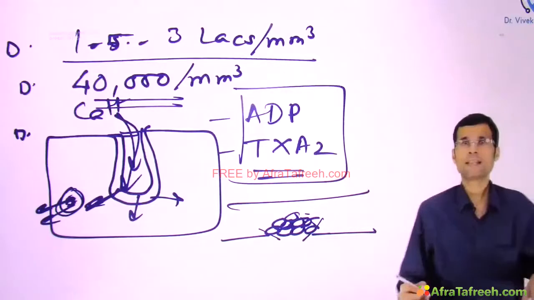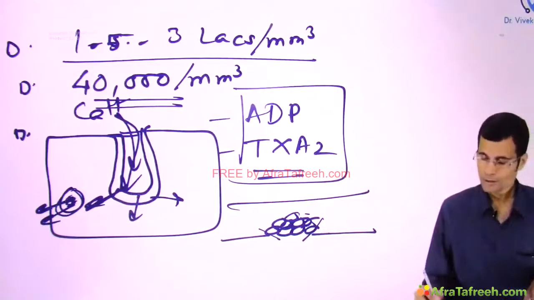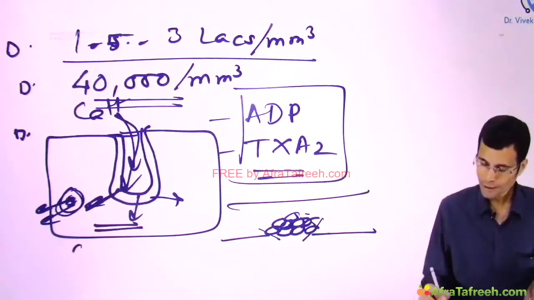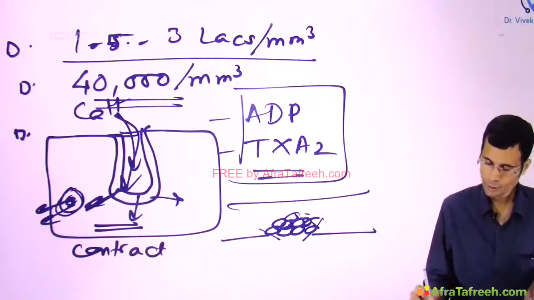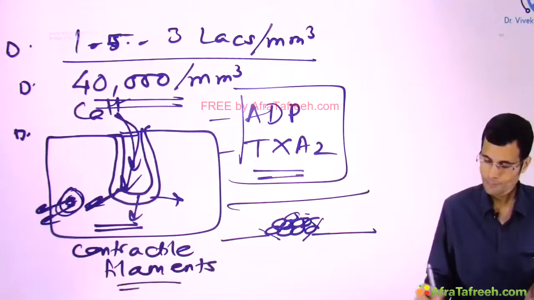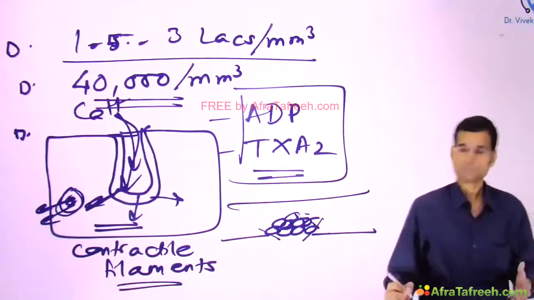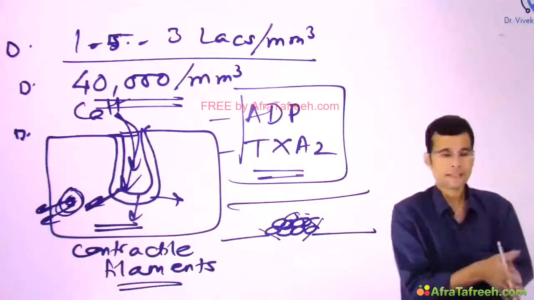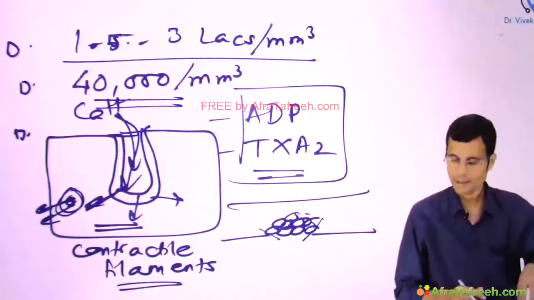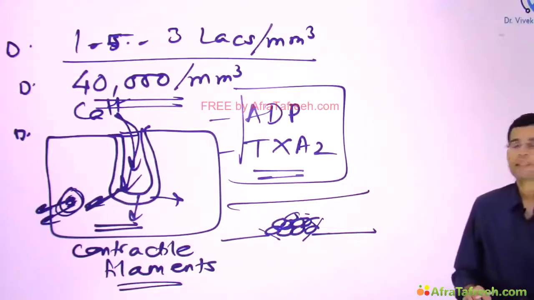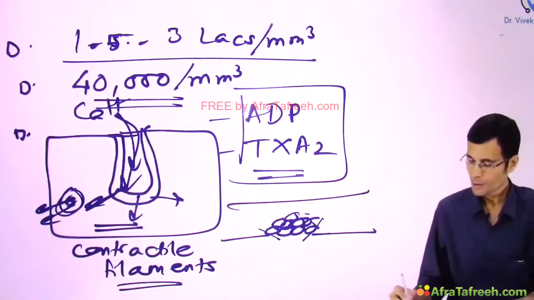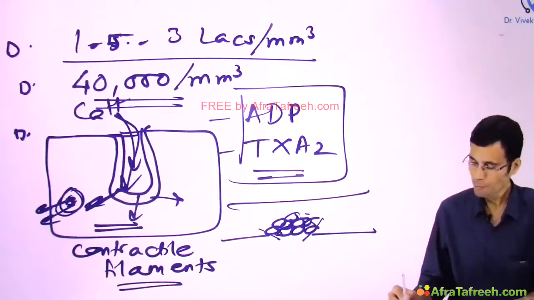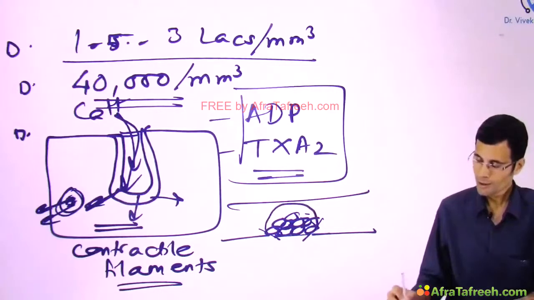Apart from this, this calcium is also required for the contractile filaments. There are certain contractile filaments in the platelets. Now, the contractile filaments like actin, myosin and thrombostatin. What is the function of these contractile filaments? You see, once the platelet plug is formed and the bleeding has been stopped, on the surface of the platelet